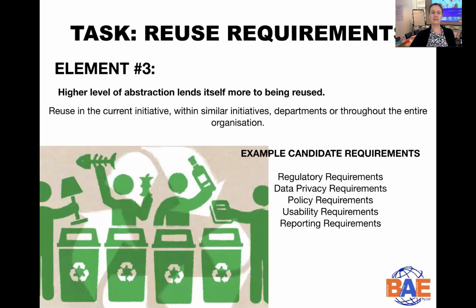All right, and then the last element, this is about reusing requirements. So in a general sense, higher level of abstraction lends itself more to being reused. So the more general a requirement is, the easier it is to use it again in future. So you can reuse requirements in a variety of different situations. It could be in the current initiative, it could be in similar initiatives in your company or your department or